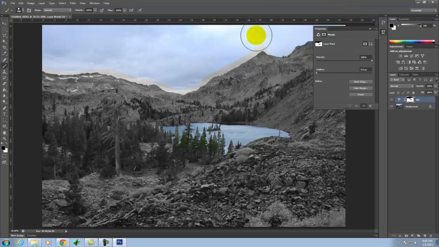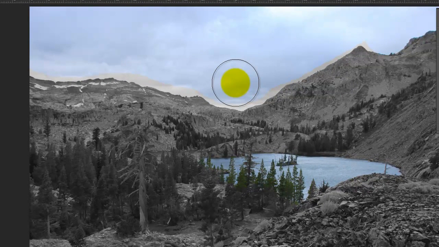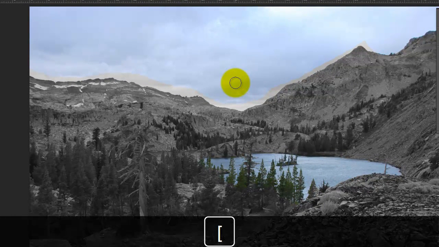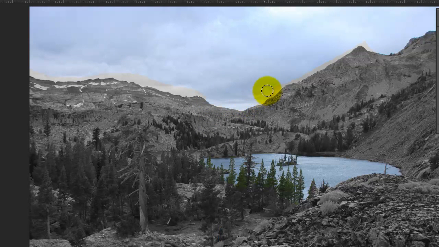Something like that. And then in reality, I probably should change my brush size and come in and get a little bit closer. If I were doing this for my final product, I would spend a little bit more time than I'm doing, but you guys don't want to watch me fill this in perfectly. Okay, so I now have the sky, and we can confirm what's happening by very quickly turning on and